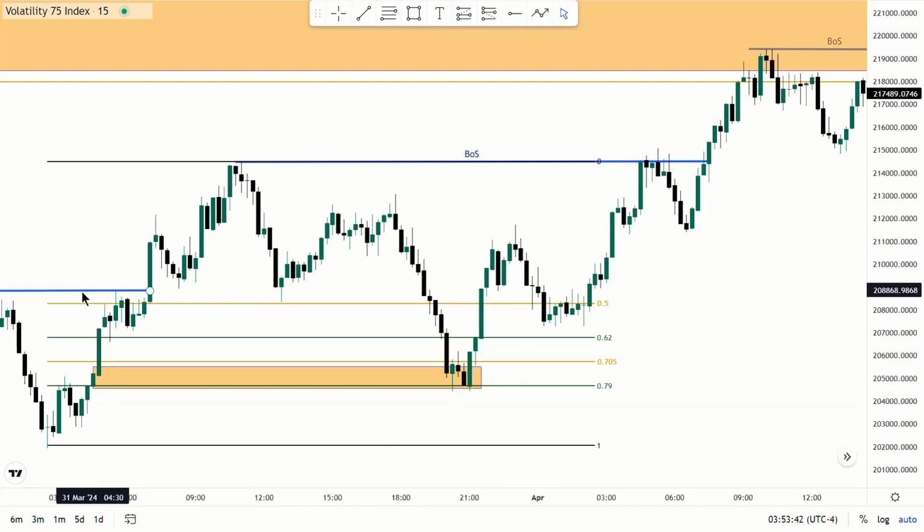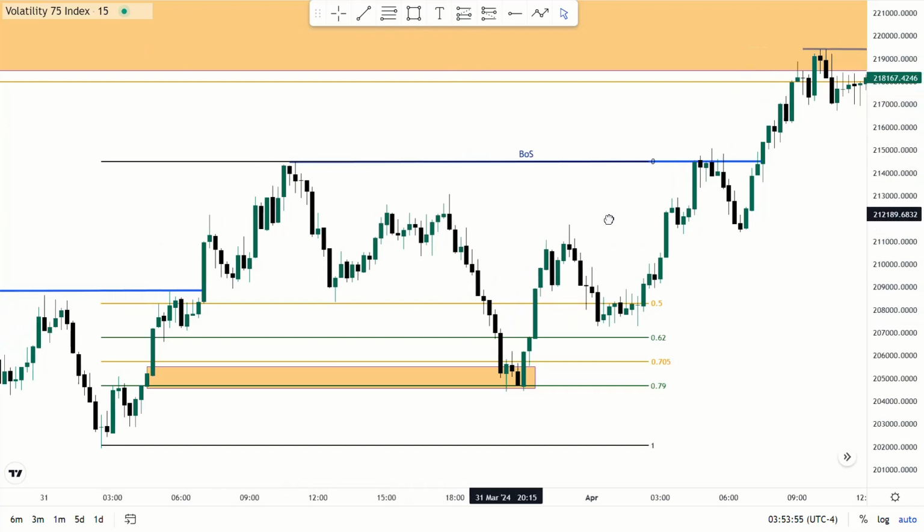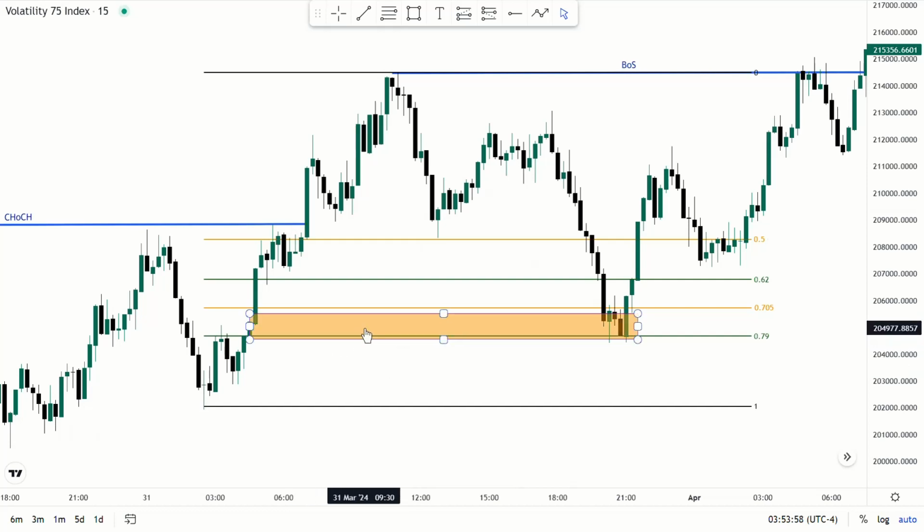One, there's a change of character on the lower time frame. Two, on that bias time frame, the market is still trying to go to the decision POI, and there's also inducement that hasn't been taken out yet. Here you can see this is equilibrium right here. And where is your first order block? This right here is your first order block, under this equilibrium.